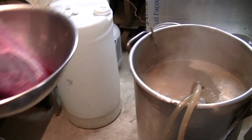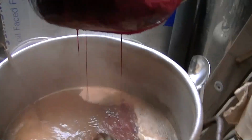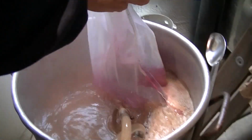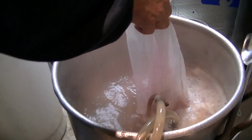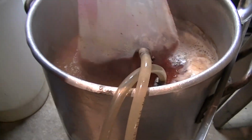Okay. So we're at 10 minutes left. We're going to go ahead and add the prickly pear and the juice, and we'll see what happens to the color here. So this is the prickly pear fruit that we drained off. Elder did all the work on those. I did the picking and mulling them back from